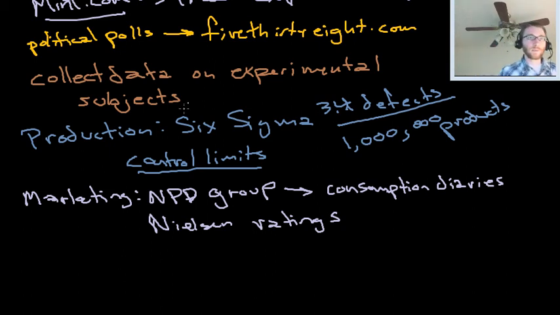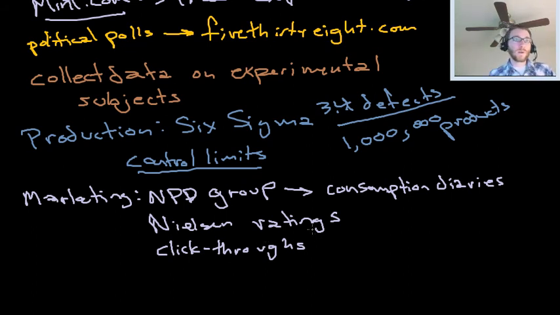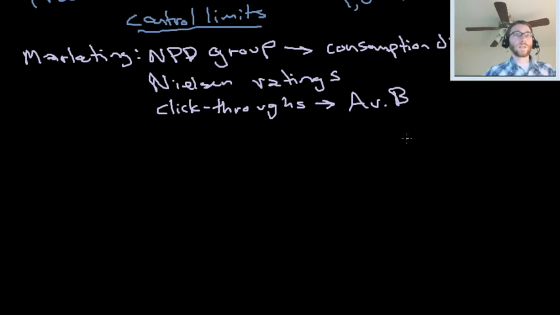The internet has made it possible to track click-throughs, right? So if you have advertisements on Facebook or on a blog, you can track click-throughs and say, okay, how often does this advertisement work? And much more frequently, people have been using A versus B experiments, where a marketer will test two different market messages to see which one seems to work better. That can be really effective. You can get a lot of information very cheaply about the efficacy of a marketing message. So that's marketing. Let's see, what else do we have? Accounting.